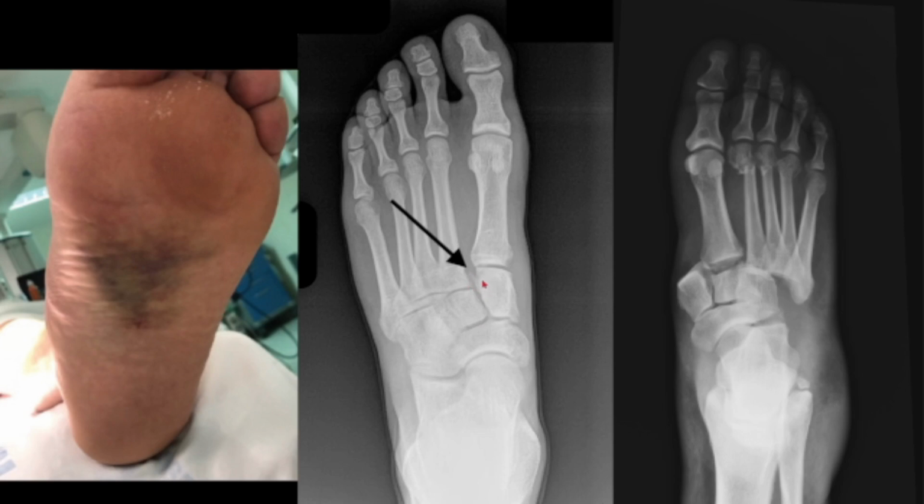So imagine the Lisfranc ligament going from the medial cuneiform to the second metatarsal. There's an injury, it plucks off a piece of bone. This is an avulsion injury called the fleck sign. And then obviously over here, there's nothing subtle about this. This is a catastrophic